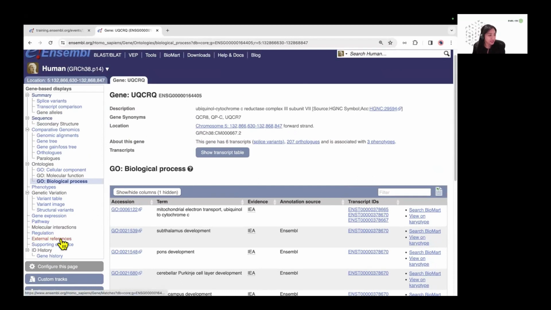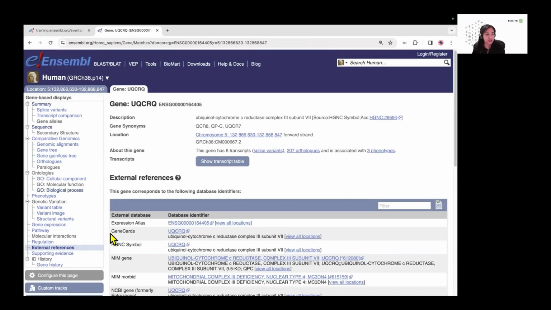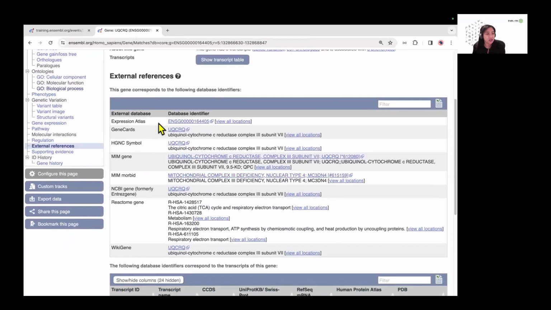And then one last thing I want to show you for the gene tab is external references. So in bioinformatics, you would often use multiple databases to look at information or to explore more details about a genetic feature. And under external references here, we give you a list of external databases and also a direct link to each of the